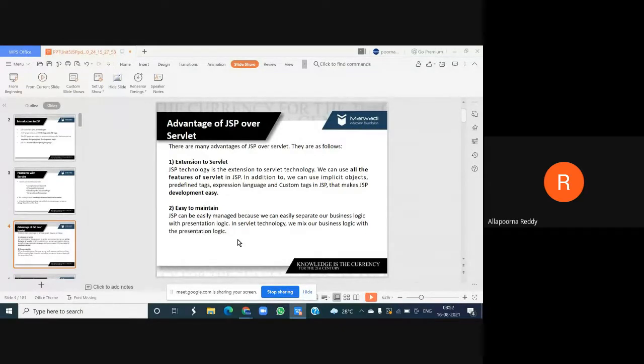So what are the advantages? First, it is an extension of Servlet. But what do you mean by extension of Servlet? Whenever you are writing JSP programs, whatever features I had from Servlet, every feature can be used.